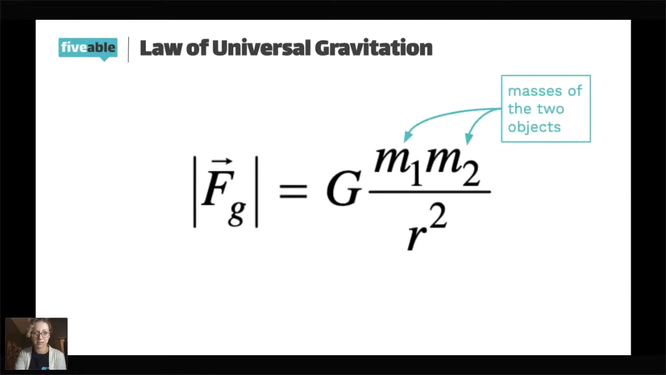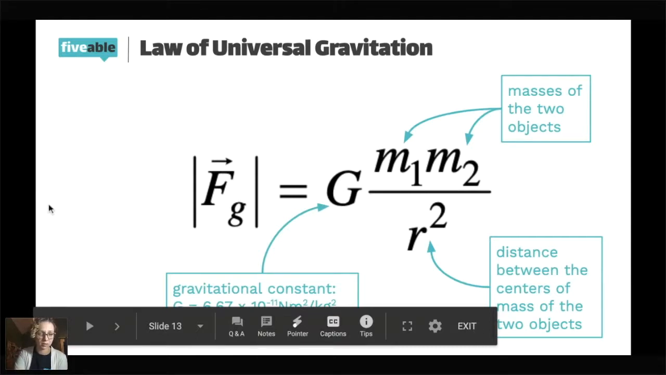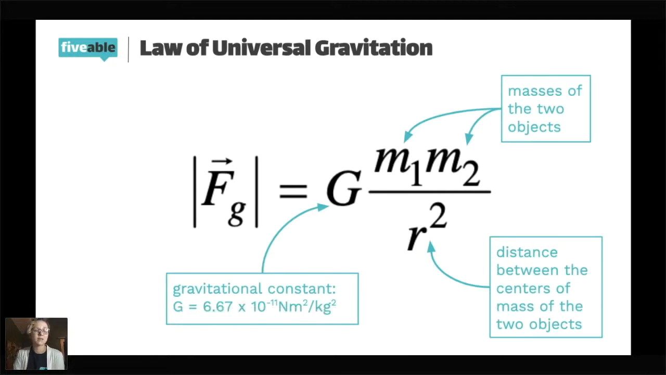Okay, so we've got the masses of the two objects, the distance between the centers of mass of the two objects, and then we've got this constant G, which is equal to 6.67 times 10 to the minus 11. And then the units that you see there are just basically the units that are necessary to make that FG